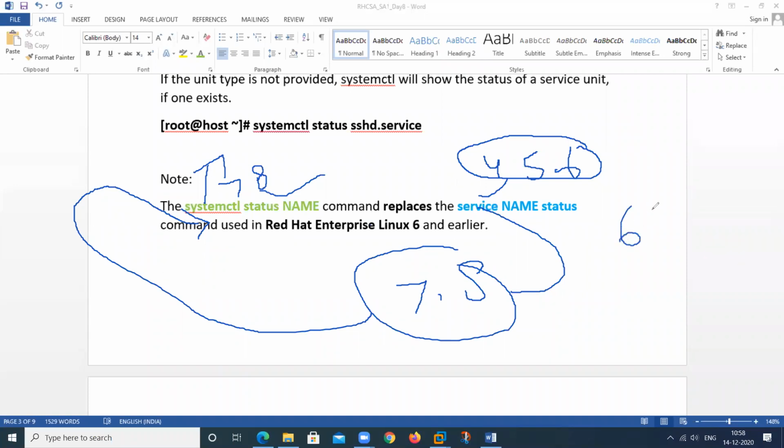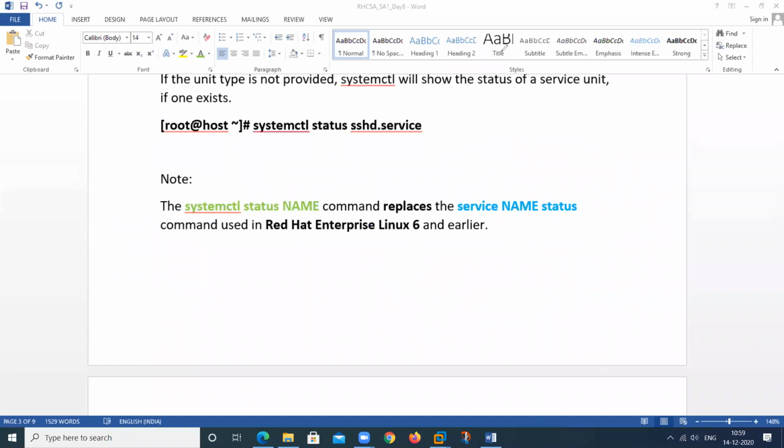Suppose any user who has knowledge only of RHEL 6 uses this particular command on a systemd system, this command automatically redirects to the other command. In the background, that command will work. So you can also use this command. It's compatible with both the service command and systemctl. Both will work.